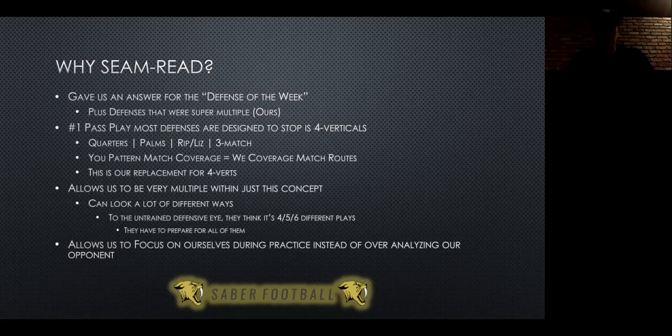To them, it looks like it's 4, 5, 6 different plays, and they have to prepare for all of those. And then one other thing that I've heard a couple of guys talk about tonight was that it allows us to really focus more on ourselves during practice, instead of overanalyzing our opponents during the week. So we can focus on just this play, and we know that we're going to have built-in adjustments no matter